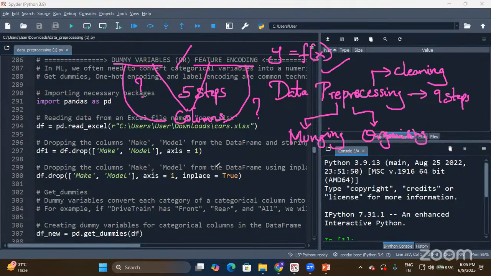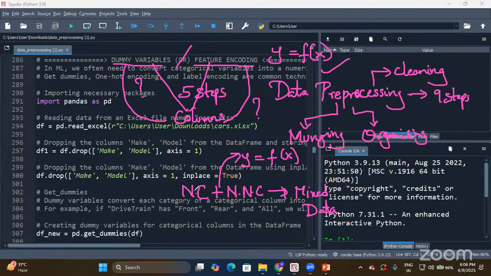I'll come up with a scenario, guys. In our data, we'll have both numeric columns and non-numeric columns. Not every time we'll have only numeric columns, or only non-numeric columns. In general, the data that we work on will be mixed data. On this mixed data, if I build an ML model or DL model, a machine learning or deep learning model, which helps us to predict the future data,